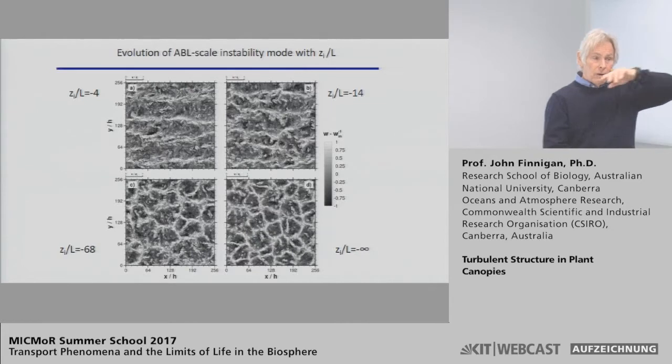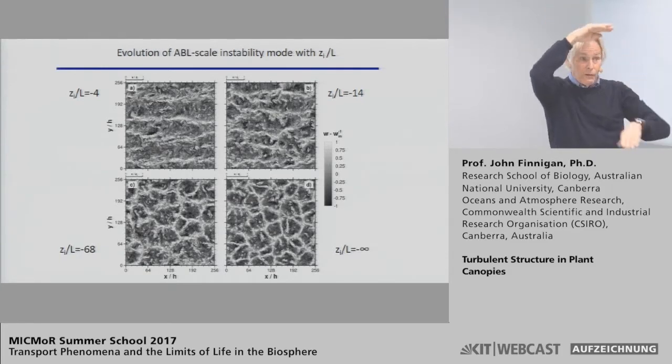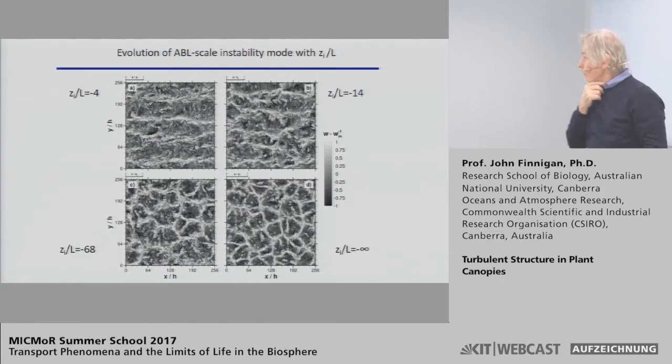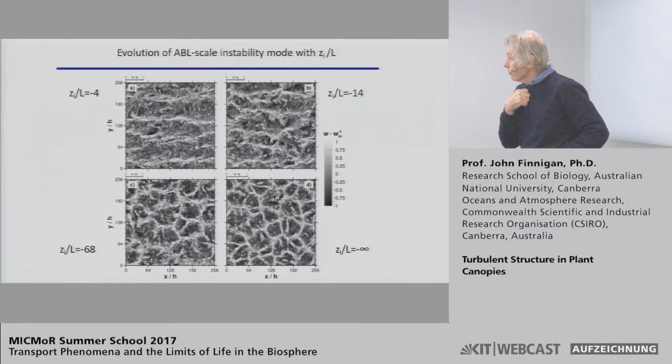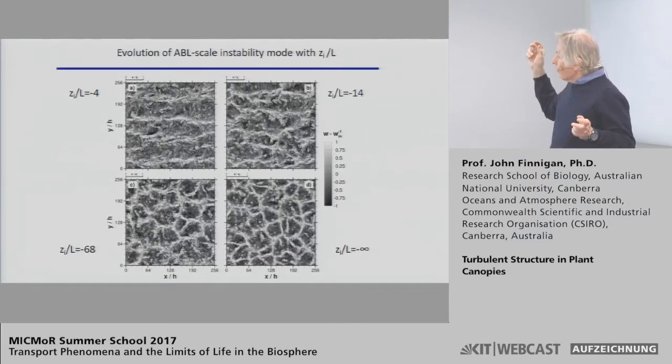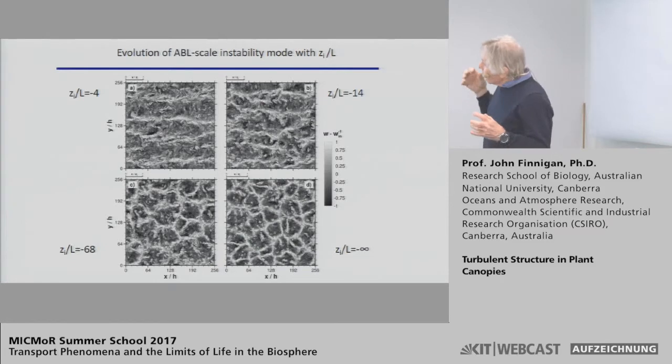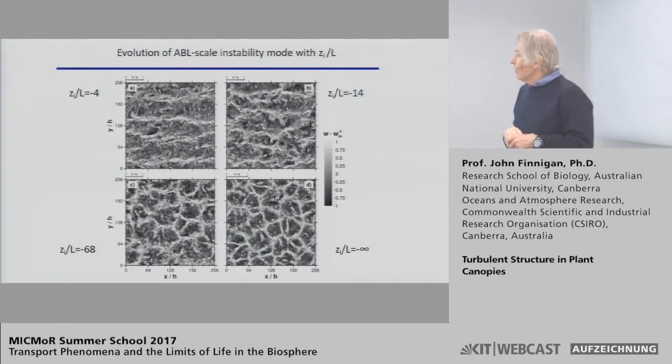So the parameter Zi upon L is telling us something about the way that the heat flux, or turbulence, generated at the surface is eating its way into the stable troposphere above over a depth of boundary layer Zi. So what we see is that as we go from near neutral, at the top left, where we have these clear roll structures, we see the rolls start to become a bit more ragged, and then the rolls starting to break up into cells, and then finally into these clear hexagonal type